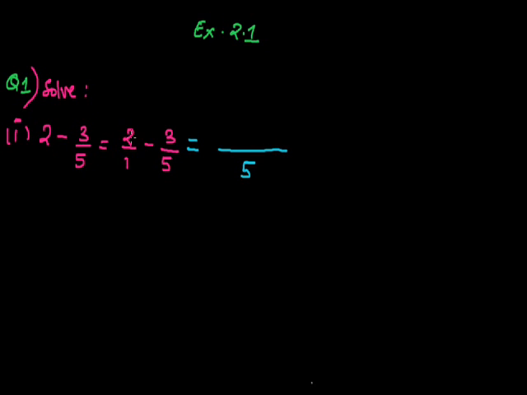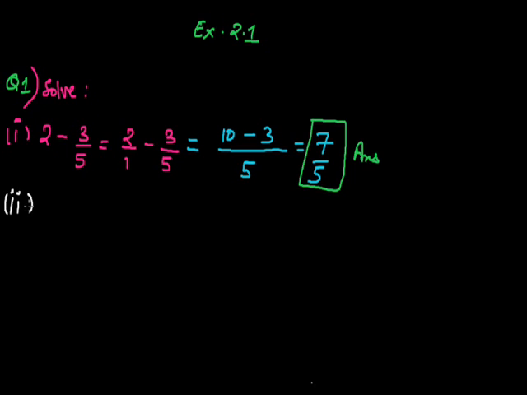Now since 2 was not having the 5 in the denominator, we will multiply 2 by 5 and we will get 2 5s are 10. Then minus sign in between both the numbers, and since 3 by 5 is already having 5 in the denominator, we do not need to multiply 3 by any number, or we can say we multiply 3 by 1. So we get 3. Now this will be equals to 10 minus 3, that is 7 by 5. So the answer to the first part is 7 by 5.